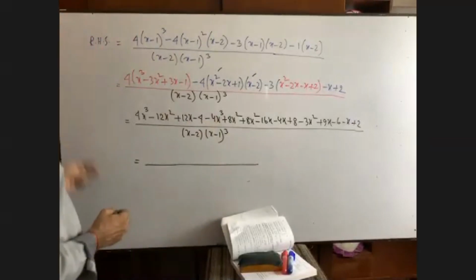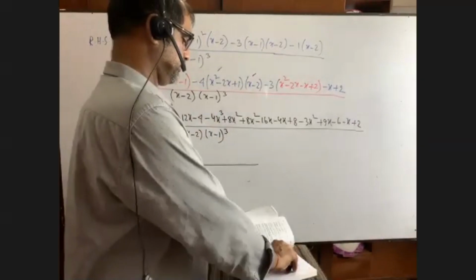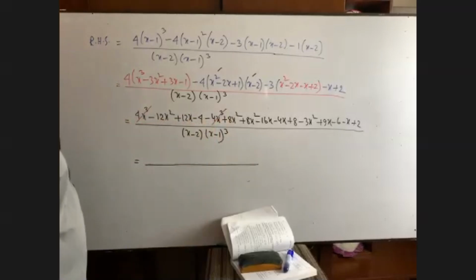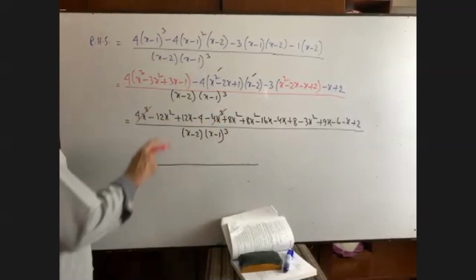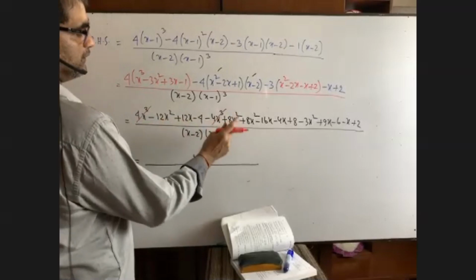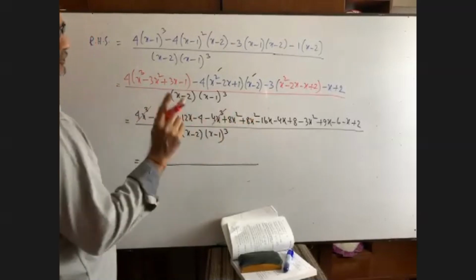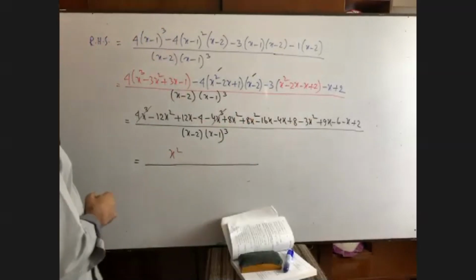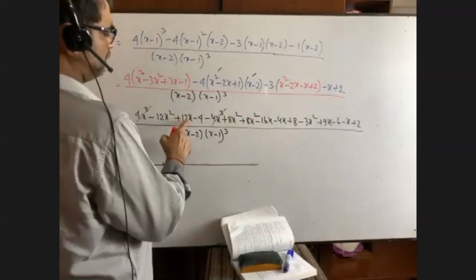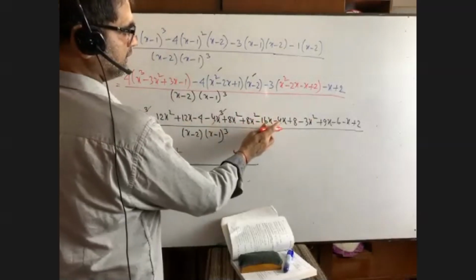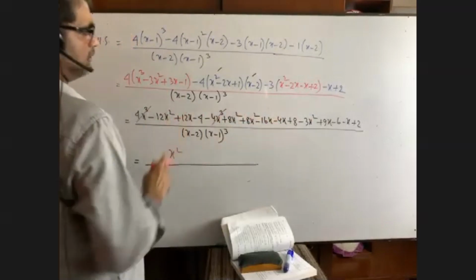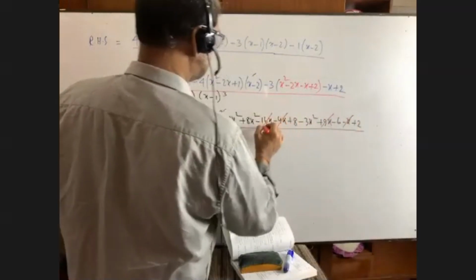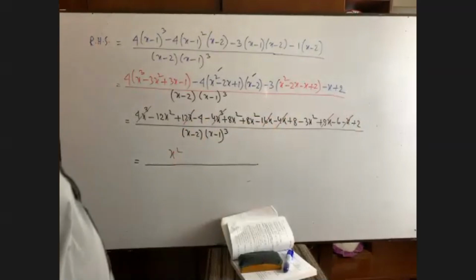Now please calculate and let me know what you are left with. Here 4x cube will be omitted. It is minus 12 plus 8 minus 4. Okay, 8, 16. 16 minus 12 equals 4. 4 minus 3, that is only x square we are getting here. Now you see, it is 12x minus 20, so minus 20 plus 12 minus 8. It is omitted. 9x, x. This will be omitted. If you calculate, it will be 0.